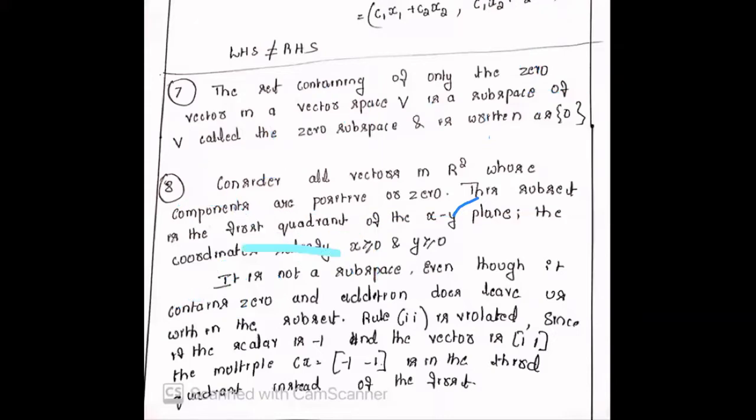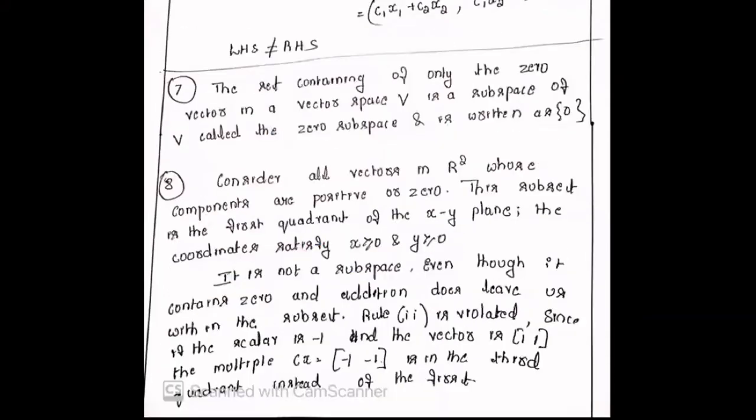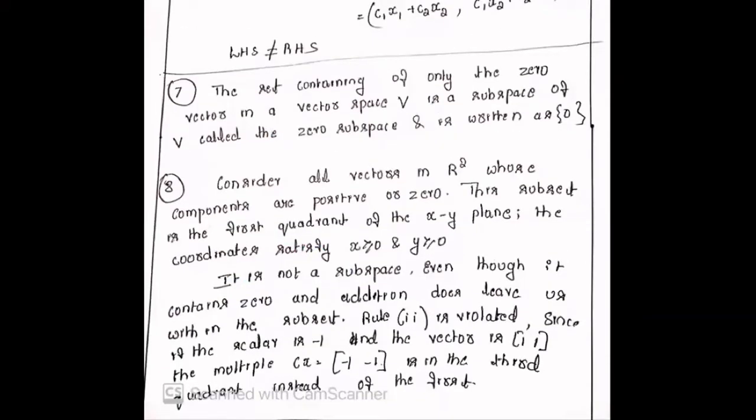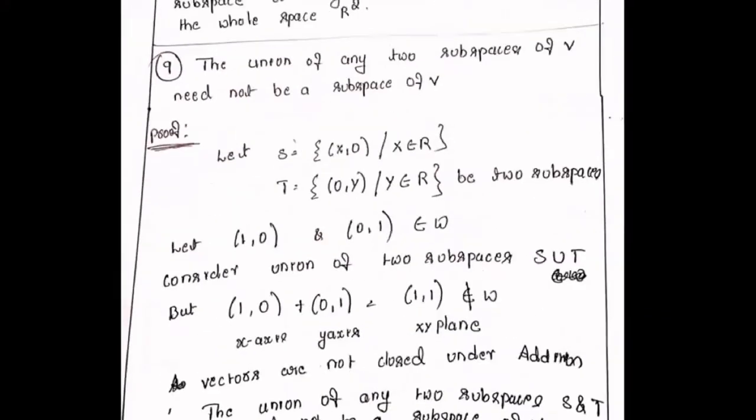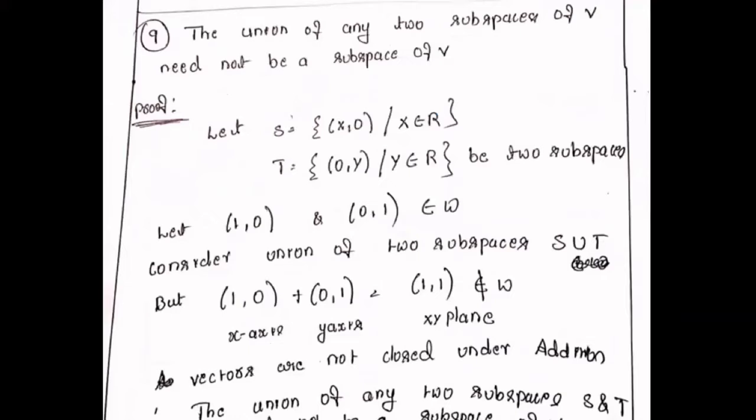The conclusion is you can't take a particular quadrant, or any single quadrant, as a subspace. That is the conclusion. Next question. So two things we understood. One is a zero vector is a subspace, and another one is you can't consider a particular quadrant or a condition like x is greater than 0, or x greater than 0, y greater than 0. That kind of condition is not okay. That is what we understood, right? It's not a subspace.